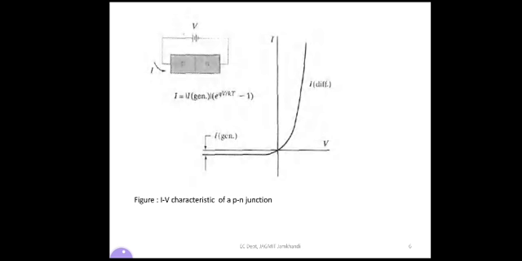So in this figure, as you can see, the positive direction for the current I is taken from P to N. Observe that current I and the applied voltage V is positive when the positive battery terminal is connected to P and negative battery terminal to N. The only current flowing in the diode for negative battery voltage is the small current Igen.